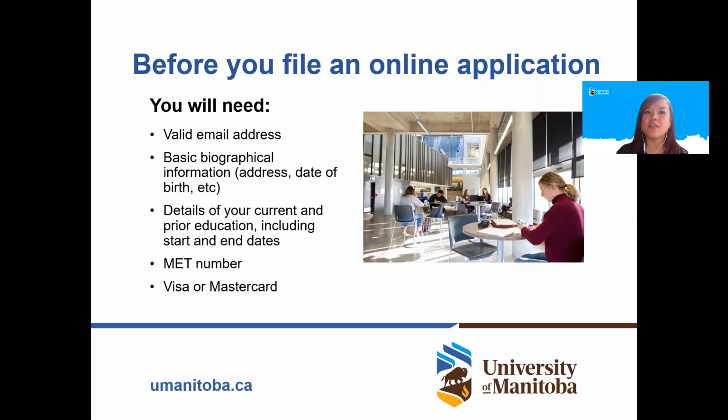So it's just important that you make sure that you have access to that email address until September. So those of you thinking about using your school email address, we don't recommend it, because it's most likely that you will have no access to that email address after you graduate from school, okay? Then in addition to that, particularly if you are students in Manitoba schools, you want to make sure that you